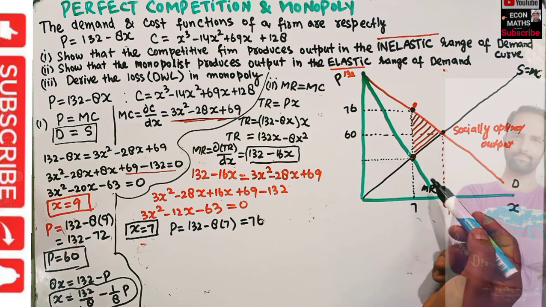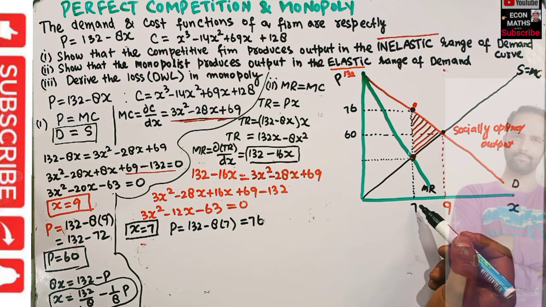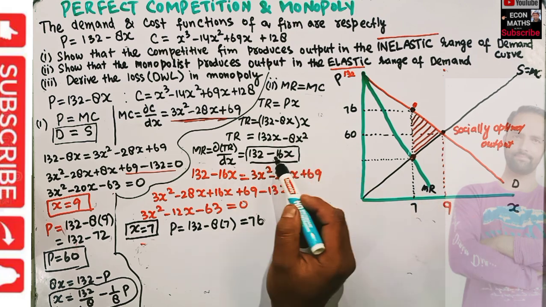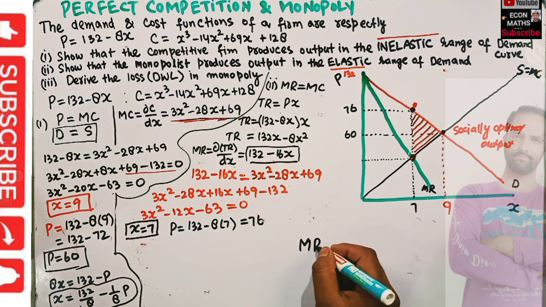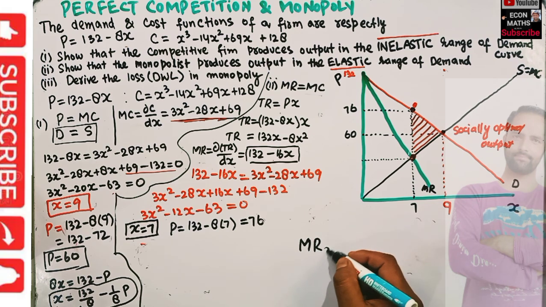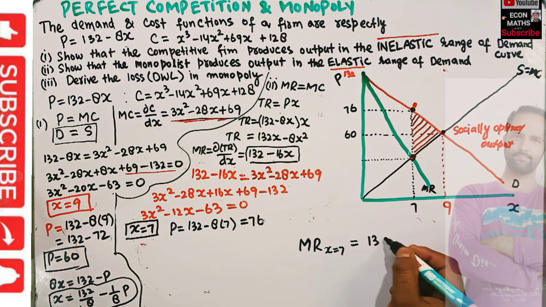So this is the point where marginal revenue and marginal cost are intersecting. Let's take x equal to 7 and put it into the marginal revenue function. What is our marginal revenue function? This. Okay, so marginal revenue when x is equal to 7 will be equal to 132